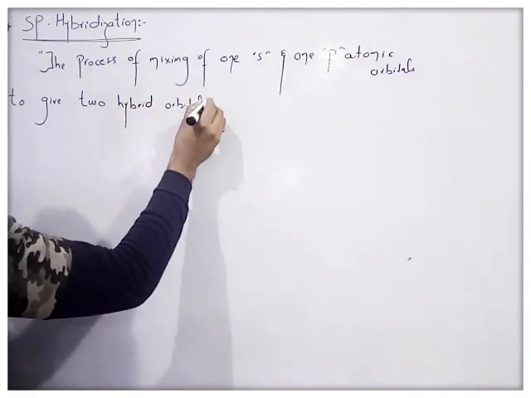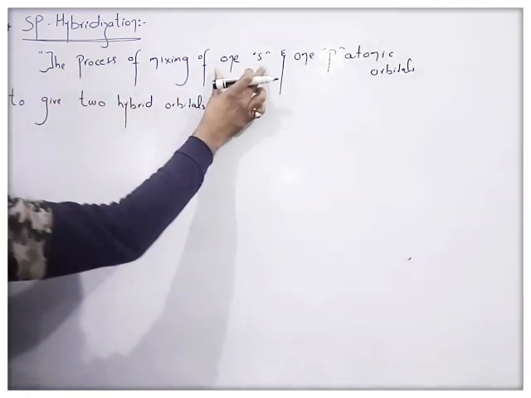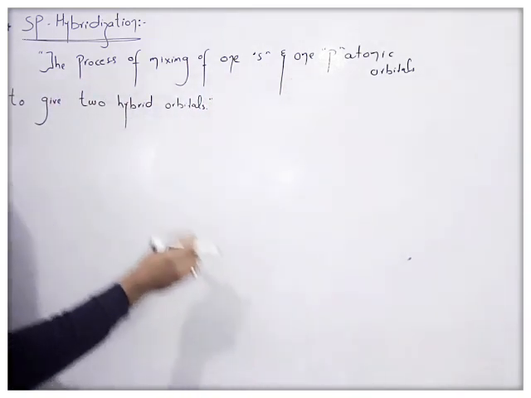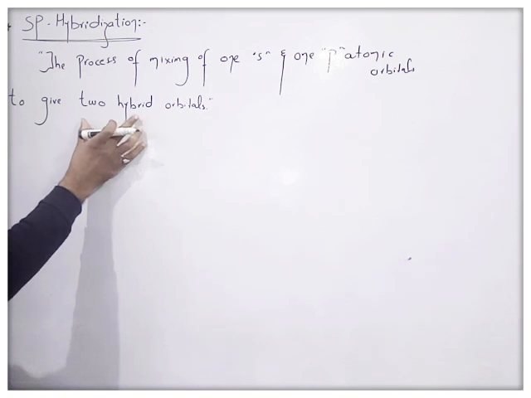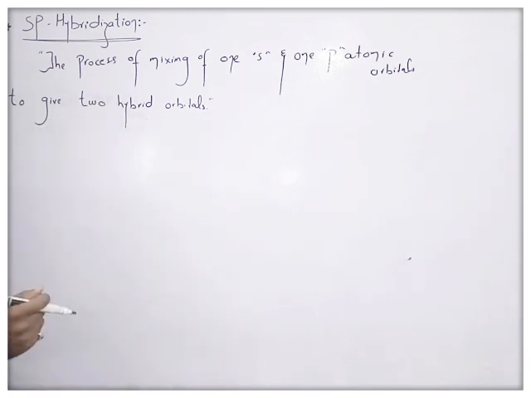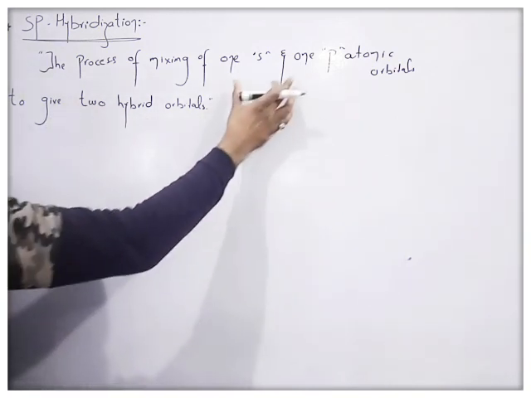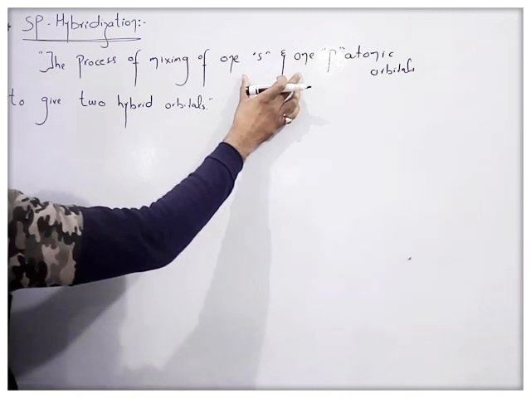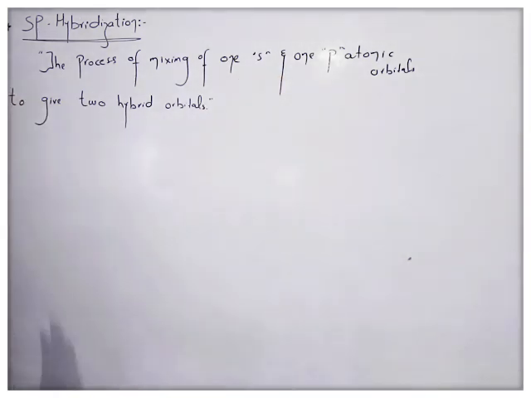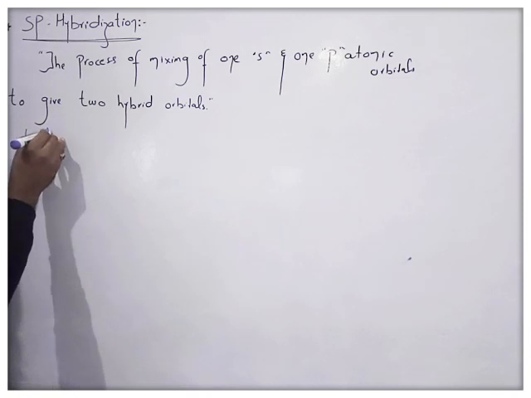According to the rule of hybridization, the number of mixing orbitals is always equal to the number of newly produced orbitals. Like here we are mixing two atomic orbitals and two hybrid orbitals are formed. sp hybridization, it clearly explains